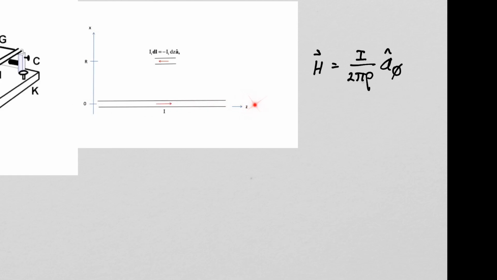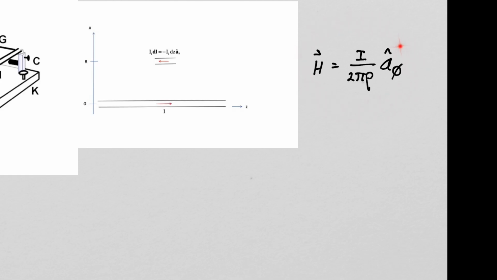know that its magnetic field intensity would be given by this expression, I over 2 pi rho in the phi direction. We found that by applying the Biot-Savart law, and it also agrees qualitatively with the experimental results using the iron filings around an infinite line of current. We're going to find the force on this upper wire, but it will also be confirmation that the Biot-Savart law gave us the correct magnetic field intensity.